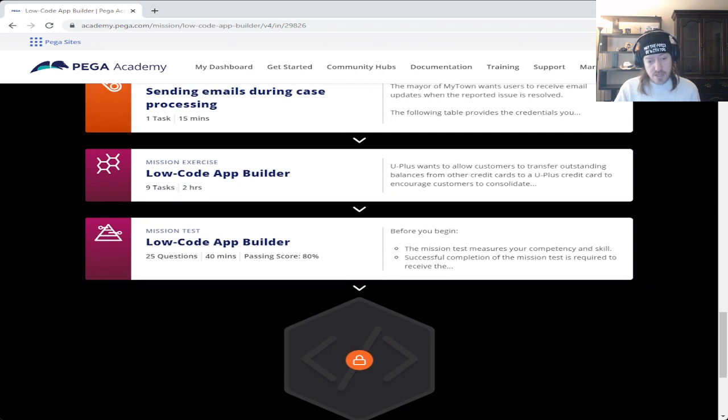Think of this as what you would most likely be experiencing on the certification test itself. This gives me 40 minutes to pass it. If I don't pass it,